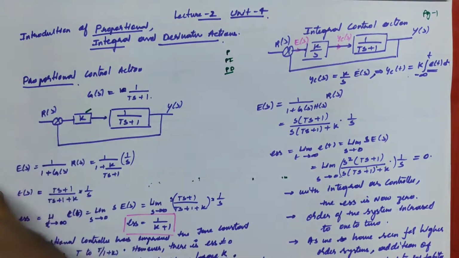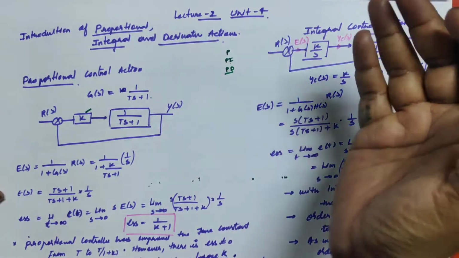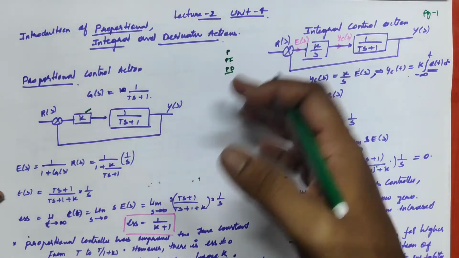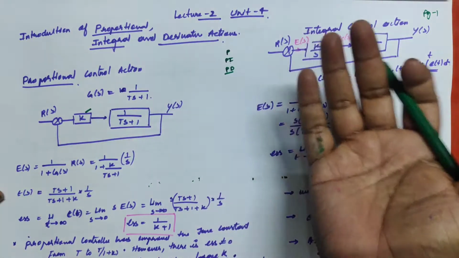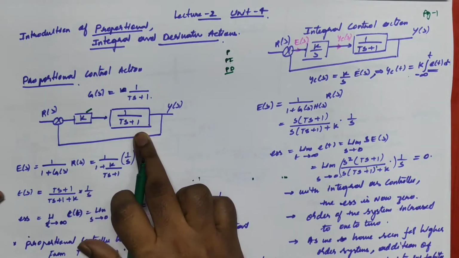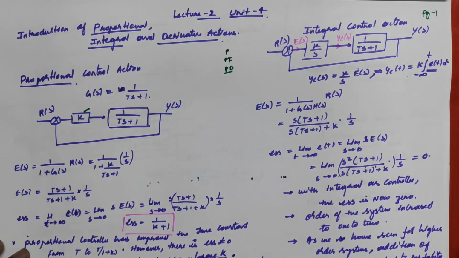Before, we had added the poles and zeros and seen the system responses: shifting the root locus to the left or to the right, and determining after adding the poles and zeros whether the system is stable or unstable. With the help of real-time examples we are elaborating the things, right?